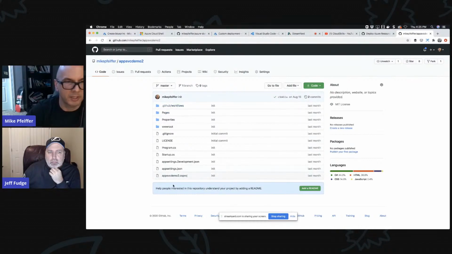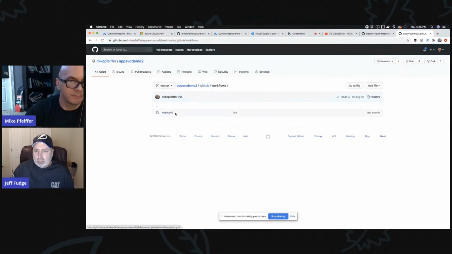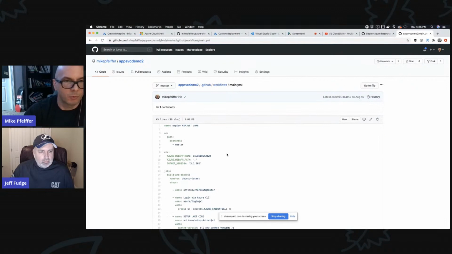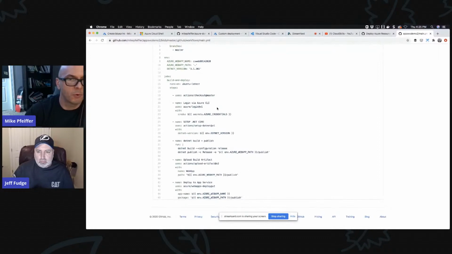This is actually a .NET application, but look, in this folder right here, .github/workflows. So if you were doing a workflow in GitHub Actions just to deploy your ARM templates or whatever, you would just create a repo, just like I did at the beginning of this talk. And in the subfolder .github/workflows, you would create like a main.yaml. And this is a workflow file that I was using to deploy ASP.NET Core. All right, and so a little bit more involved here, right? Because it's compiling the app and all this kind of stuff, but same concept. You can see at the very end, once it gets the app all set up, it just uses the web apps deploy action and then just pushes the application to app service.